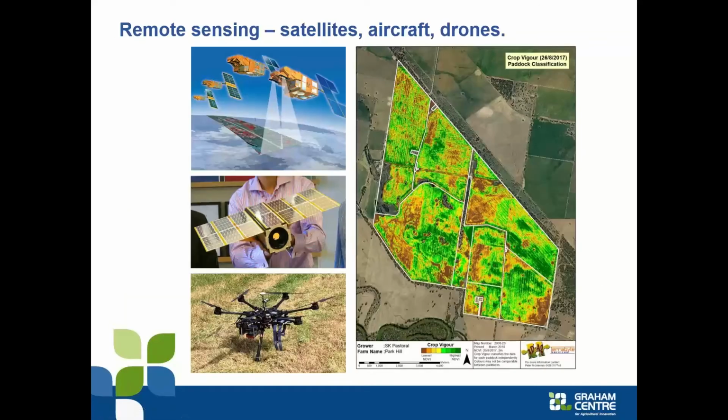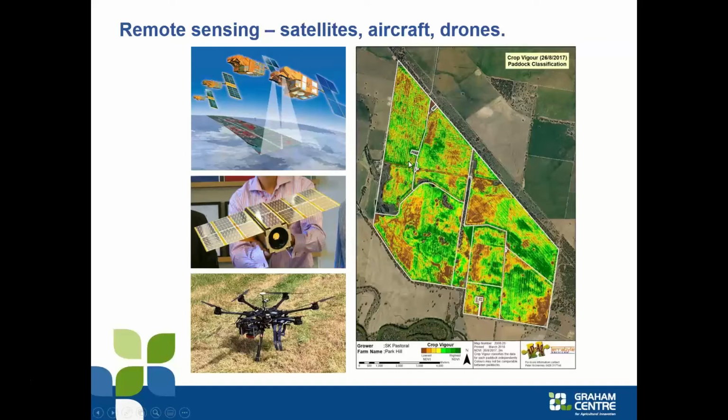Not all farmers, however, do have access to yield mapping, and so there's now a range of remote sensing options. Remote sensing actually predated the yield mapping, and it doesn't really matter whether we're using an aircraft, a drone, or a satellite. There's a dozen different ways of being able to take a nice infrared picture or a multispectral image of a crop at all kinds of different scale, from millimeters up to tens of meters. Depending on what the issue is that you're interested in looking at, you then pick a resolution that's going to be able to identify and solve or assist with your field activities.